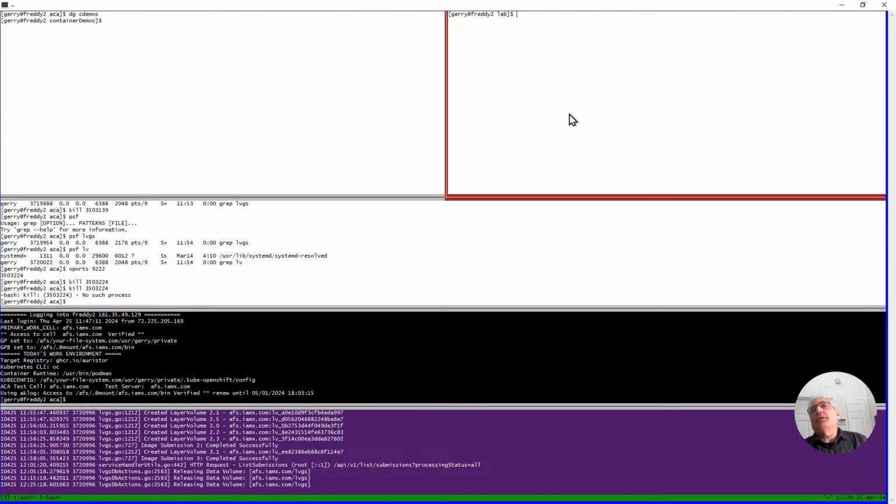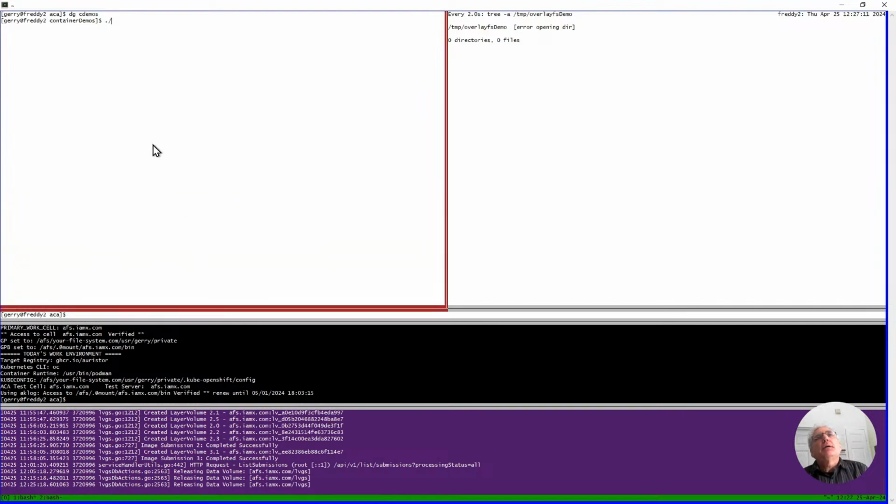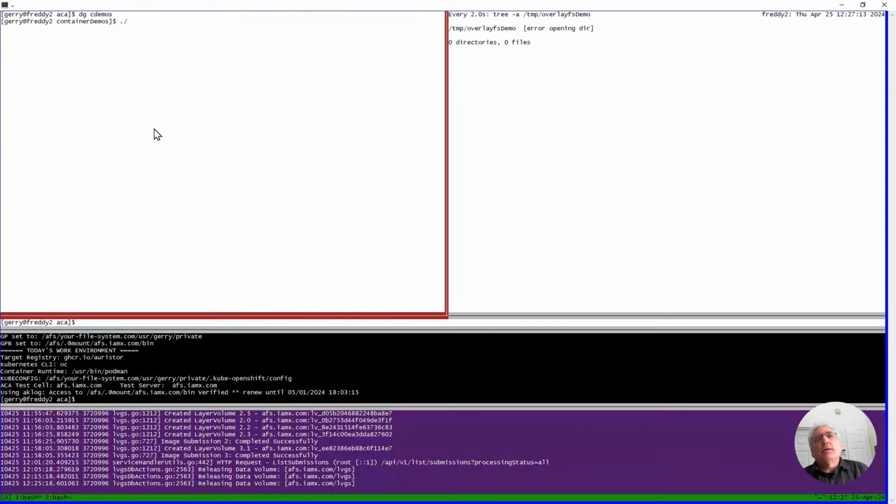In this window I'm going to run just a script that's watching this directory, this temp overlay fs directory. So now let's run that overlay fs demo that I just mentioned. I'll make it a little bit bigger.